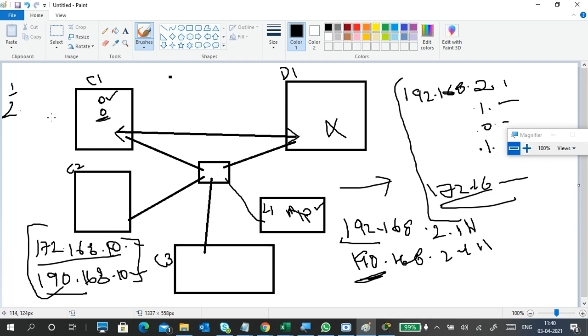DHCP avoids the conflicts. Third, manually we may give a wrong IP address by typing, without checking the proper network. But DHCP won't assign wrong IP addresses. It will always assign in sequence, only within that range.